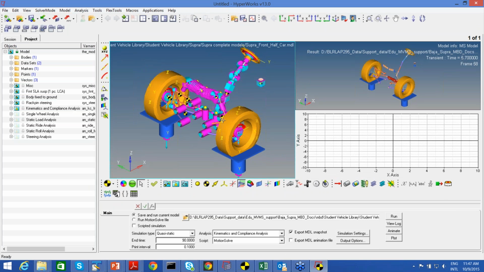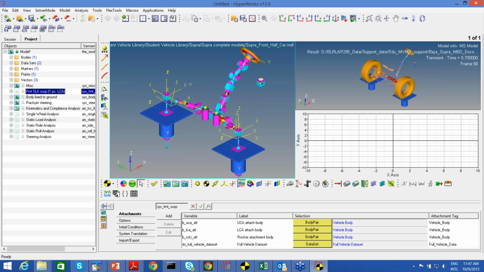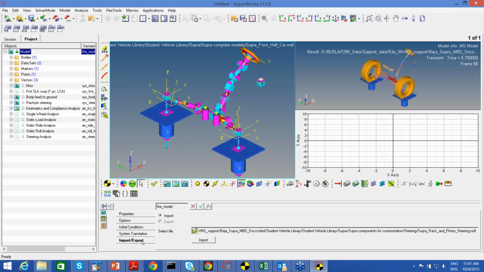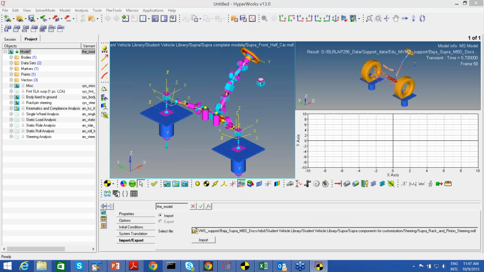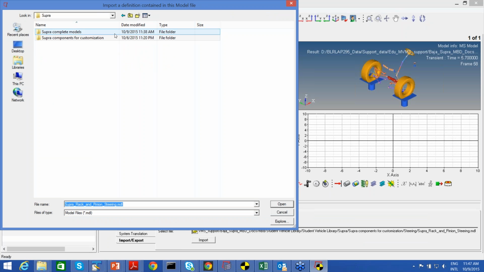So this is about using these models. In this case, if you don't want this front SLA suspension, I'll just deactivate this suspension system. If you have any other configuration of system, you can go to the model and select import exports, where we already have some of the systems which are stored in the